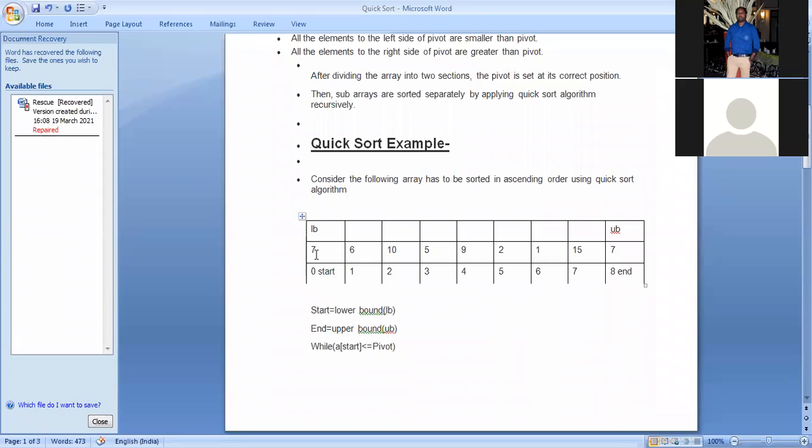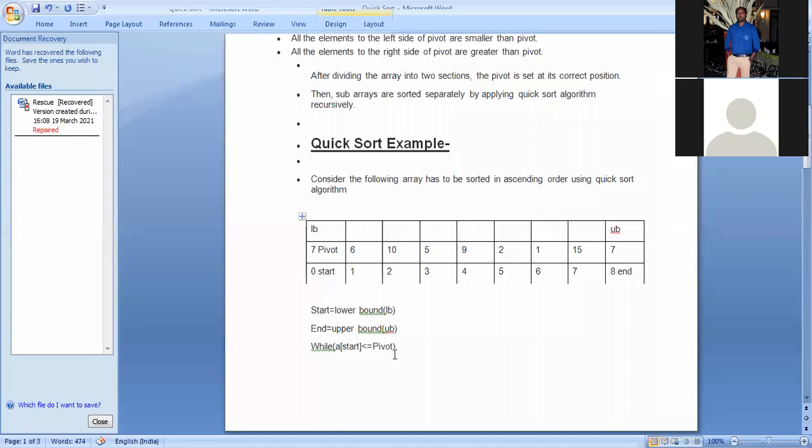We are assuming the pivot element is 7, the first element. Pivot element means key element. After partitioning, all elements smaller than 7 are on the left side, and those greater are on the right side.